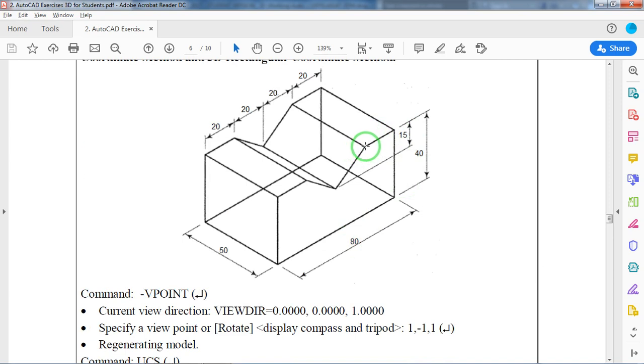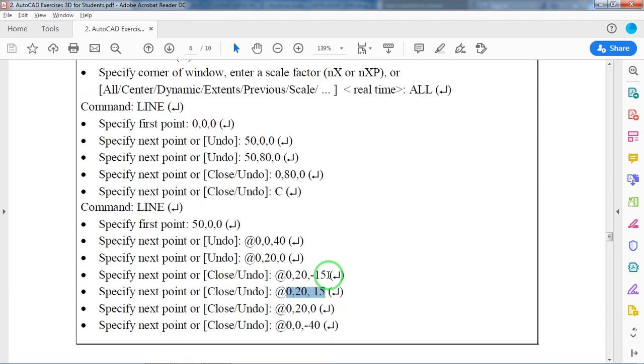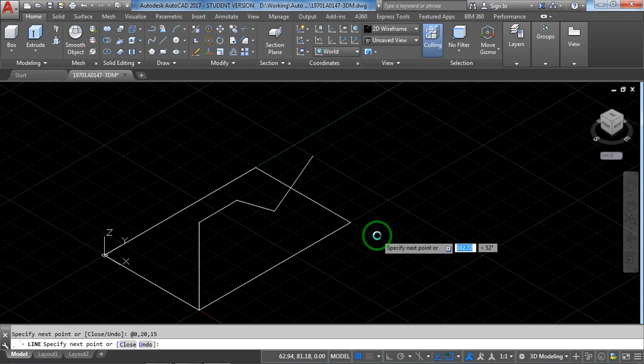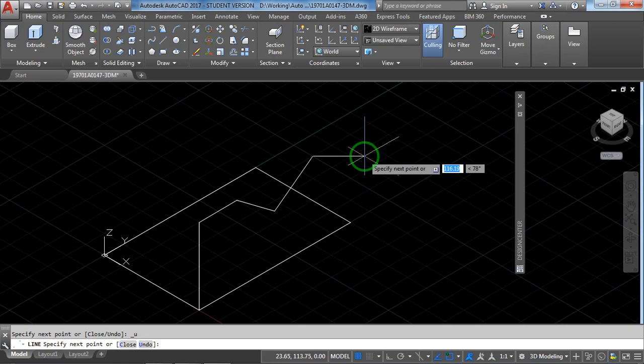Now next, again a straight line from this particular point. Just simply analyse. From here this is x. Are we moving this side? No, 0. From here this is y. In the y direction we are moving 20. From here it is z. Are we moving anything upward? No, 0. That is nothing but 0, 20, 0. See, that will be the point here, at the rate 0, 20, 0.